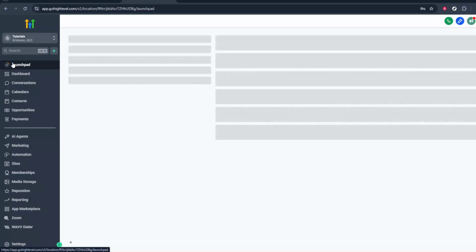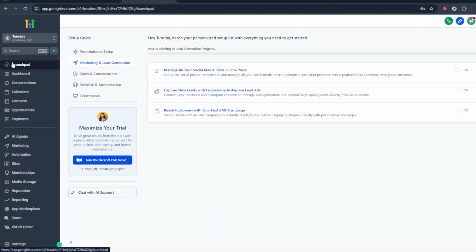In today's video, I'm going to teach you how to disconnect PayPal from GoHighLevel. We'll walk through this process step by step so you can safely remove your PayPal connection without breaking anything accidentally. By the end of this video, you'll know exactly where to go inside your account and what to click to